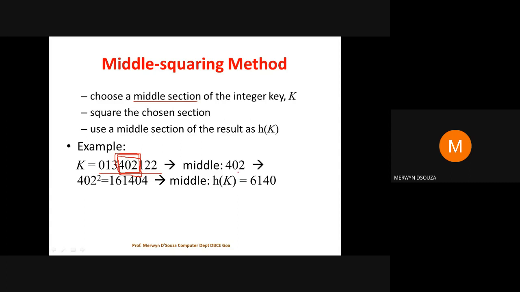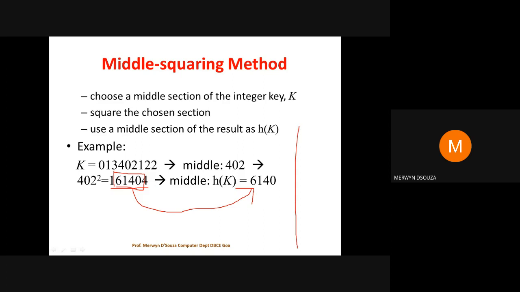Once I've taken the middle section, I'm going to square it. So I find the square of this value 402. The square of that is 1404. Then from this square, I could use the middle section as the hash value. So out of this square, I could use 6140 as my hash value.